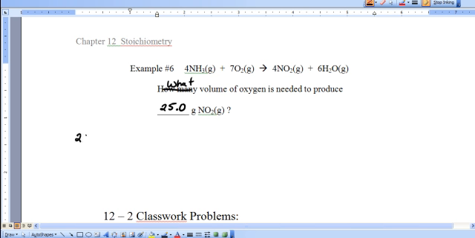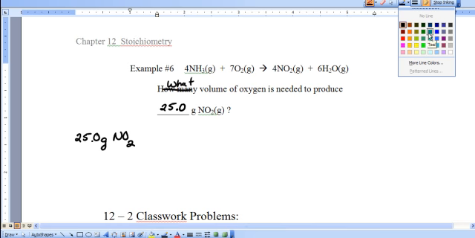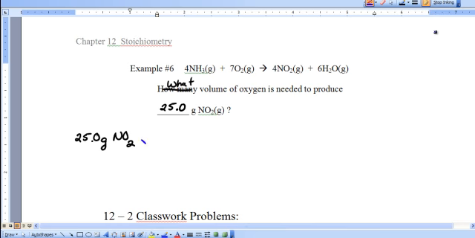We have 25 grams of NO2. That's what we're starting with, even though it's a product, that's what's given. Now we want to change that into oxygen. Before we do anything, you've got to change it into moles. How do you go from grams to moles? You use the molar mass. 1 mole of NO2 has a mass of